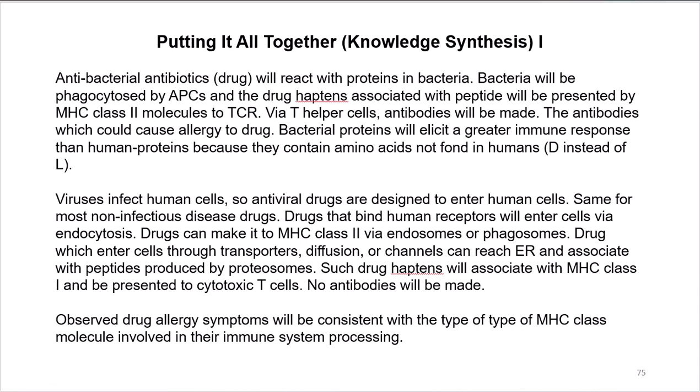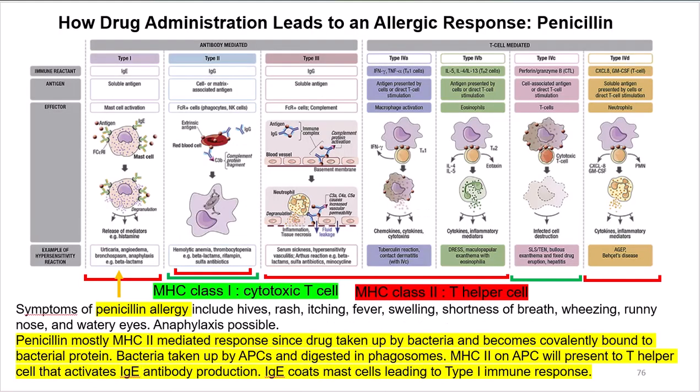Drugs that bind to the cell surface could be endocytosed, and basically that's kind of like phagocytosis, and then they would be more likely to have drugs or antibodies made against them. And then the allergic symptoms will give some hint as to what kind of process the drug experienced in order to become allergenic. So if we go back and look at the types of allergies observed, kind of close the circle here, we see that the